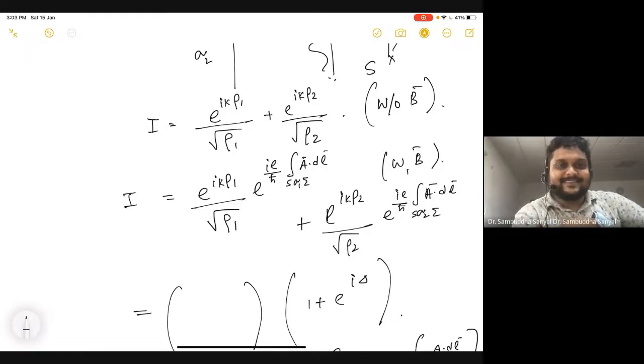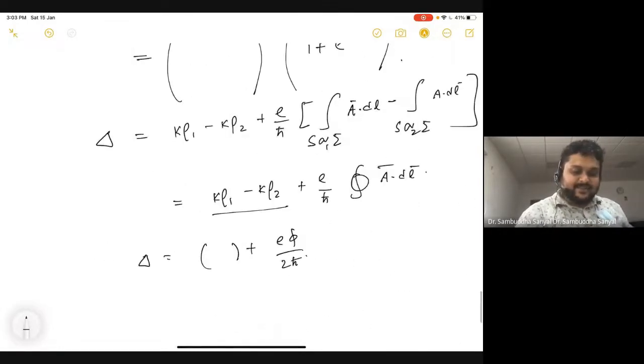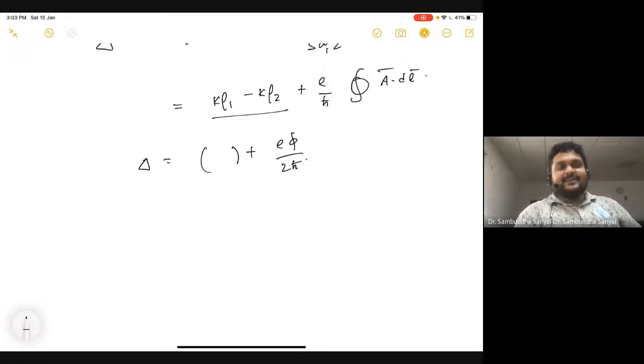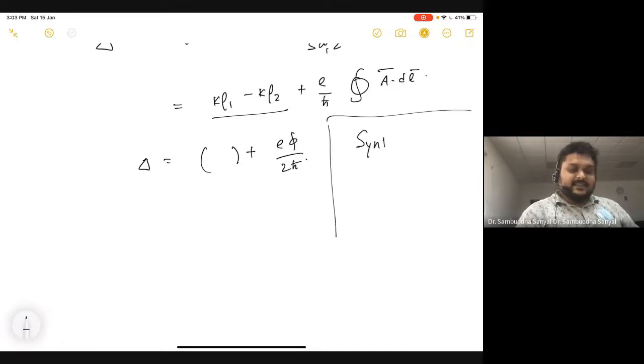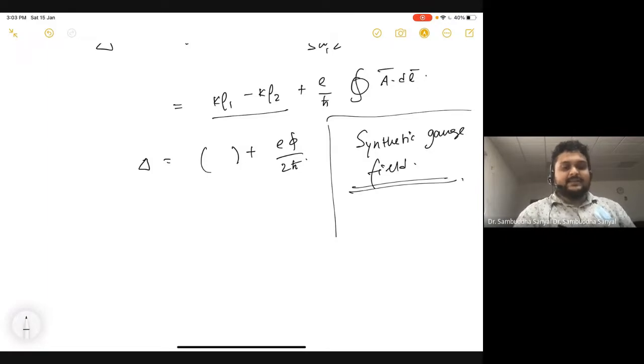Okay, now let's dig a little deeper into that. So I told you about a fun example. I want some of you to dig up this topic, and there are very nice term paper topics you can think of. Some folks did it last time, so go a little deeper into that. So there is something called synthetic gauge field. It is a type of experiment in condensed matter,